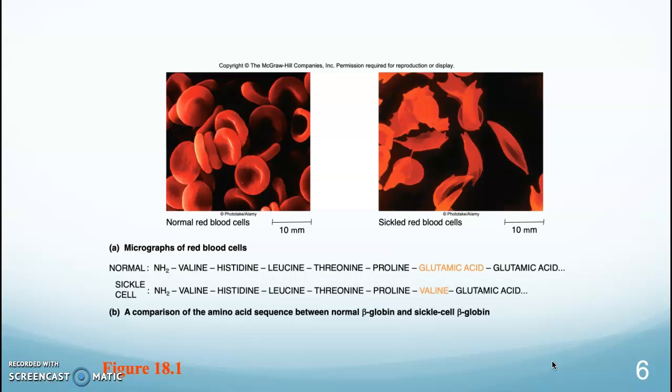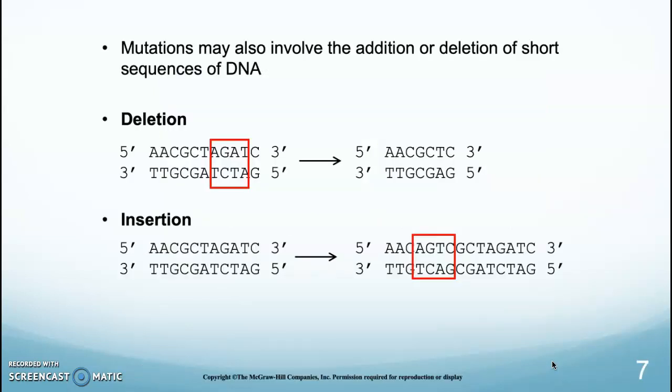That tends to be probably less likely that one amino acid could do that, but depending on what type of change it was, you can actually have quite a big difference in the morphology of the protein. So mutations can also involve additions or deletions of short sequences of DNA. Keep in mind that we read DNA, and then subsequently we look at mRNA and tRNA in triplets. If we have deletions or insertions that are multiples